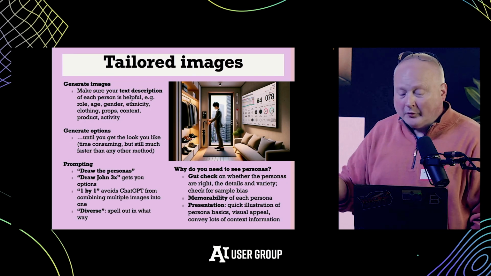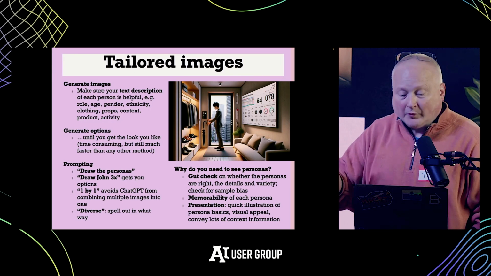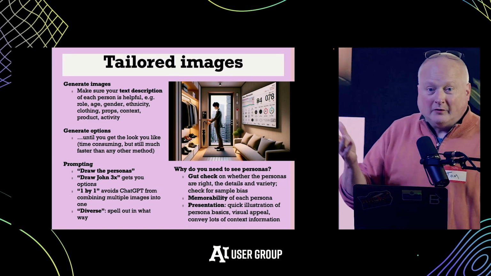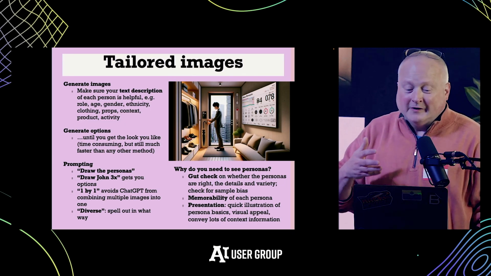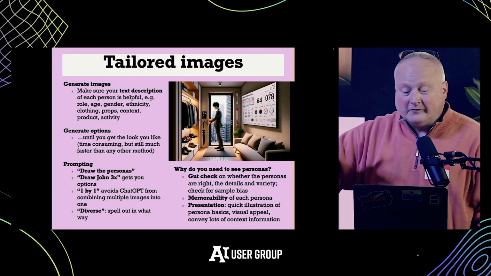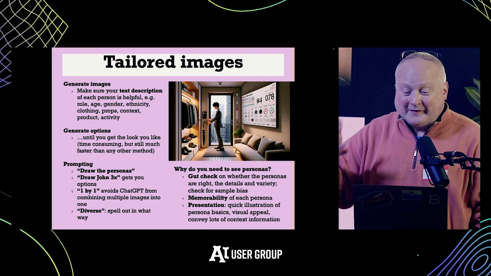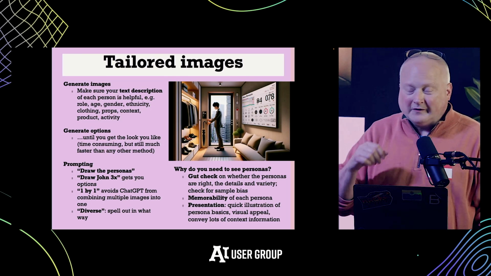You should generate multiple alternatives, like generate multiple images of the same persona, because some of these images don't turn out right. You all know that when you've used image generation, you'll end up with something wrong in the image. So I generally do at least 3, maybe 6 if I want to really find one that fits. But I would argue, don't get disillusioned.